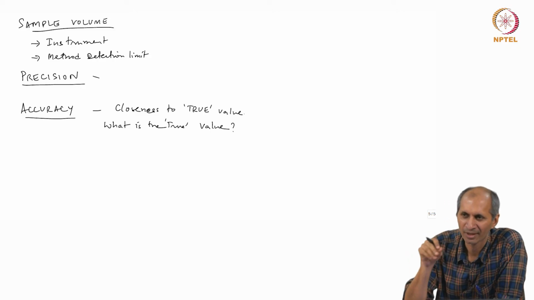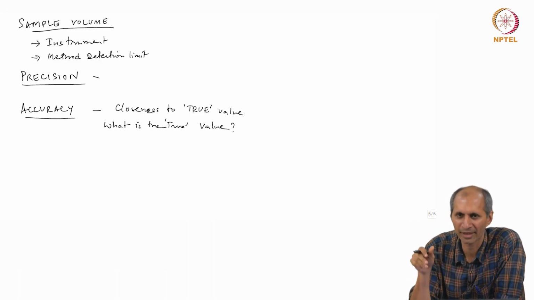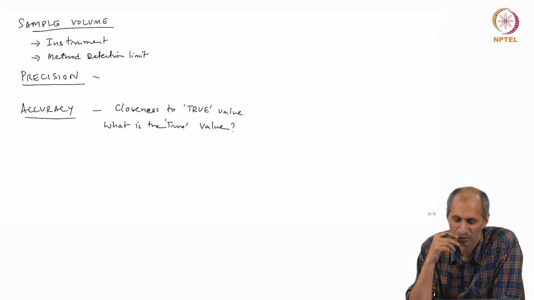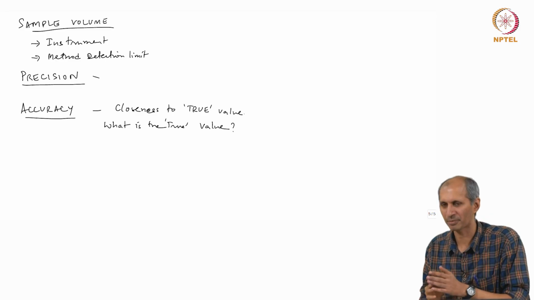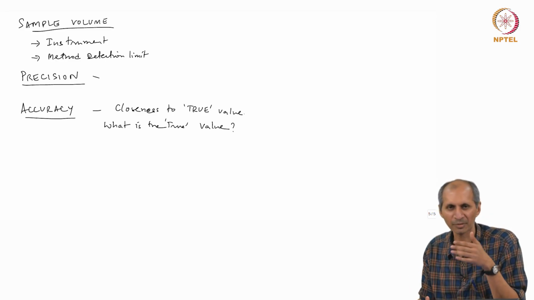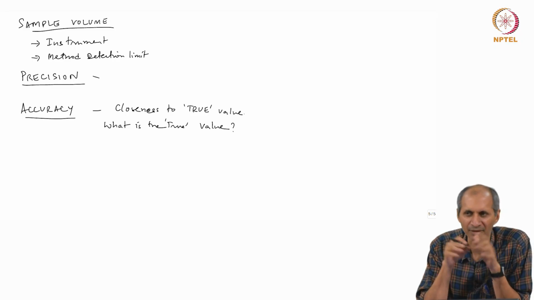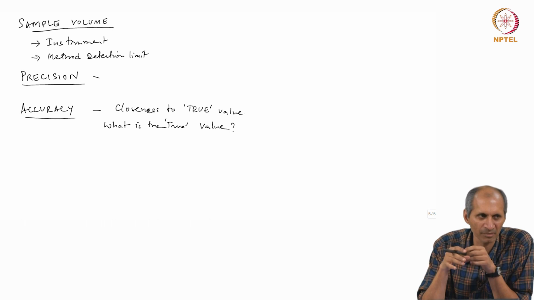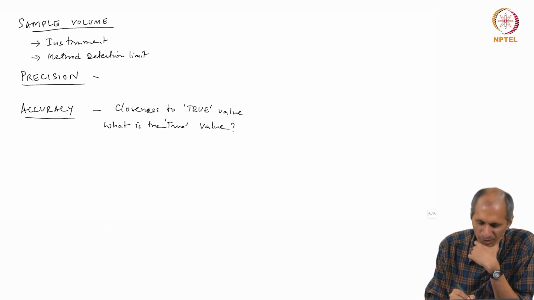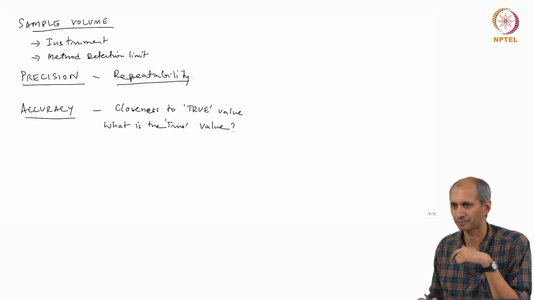Every time you open a balance, it will give you one value, you close and open it again, it will give you another value. Ideally, precision should be very good and the reading the same, but if the instrument is not very precise, it will give you a range of values for various reasons. It relates to the way the instrument works. So, the precision is what we call repeatability